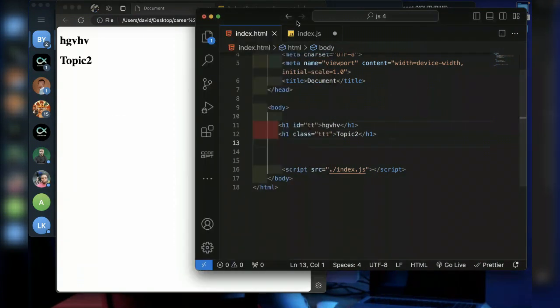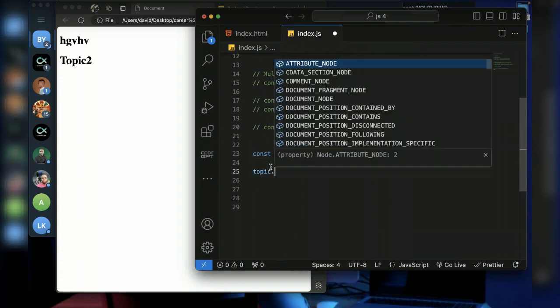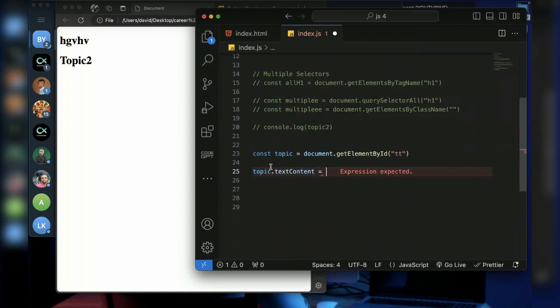But I can also change it in the JavaScript by saying, by the time I select it, I will assign it to a variable and then use that variable to manipulate it. So I can say the topic dot textContent should be equal to something like Samson David and save it.